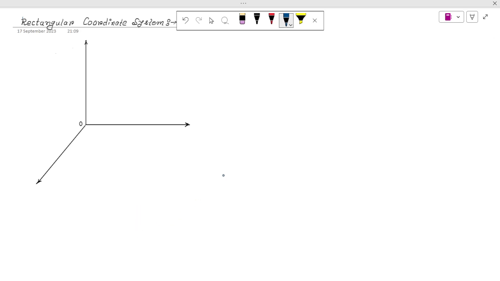Today my subject is electromagnetic field theory and the topic is rectangular coordinate systems. In this lecture I will discuss the rectangular coordinate systems: if we represent a vector, how we will represent it and what will be the coordinate presentation in the case of rectangular coordinate systems. In the next lecture I will discuss the cylindrical coordinate system, and in the lecture after that the